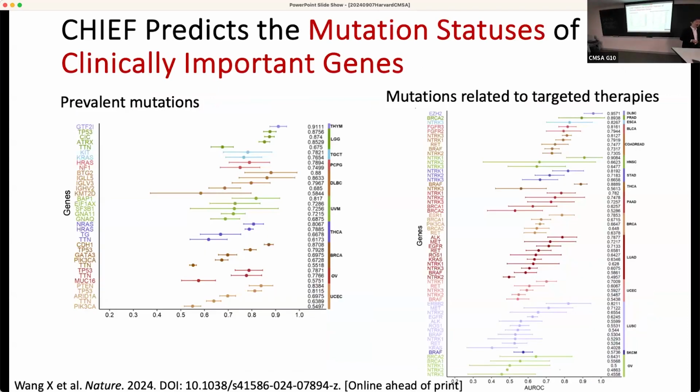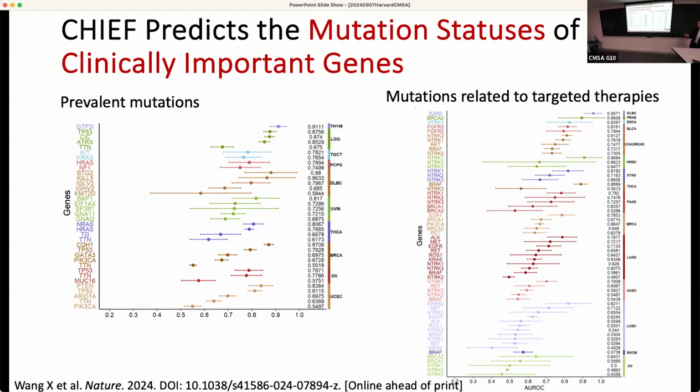So we put this challenging task to our CHIEF model, our AI model, and see what our model says. And surprisingly, among the prevalent mutations, those with greater than 5% prevalence rate in a cancerous population, we show that we can reliably predict many types of genetic mutations by just looking at the image under the microscope. So for example, in predicting the GTF2I gene among thymoma, we have a 91% area under the curve in such